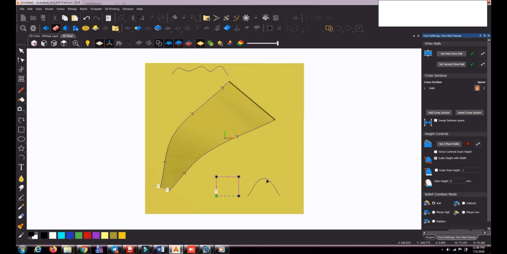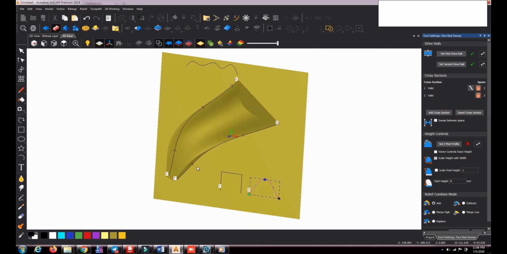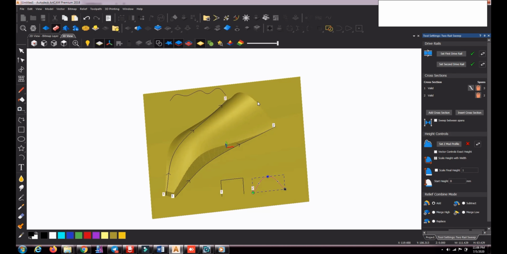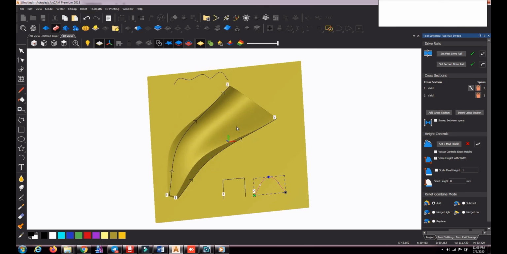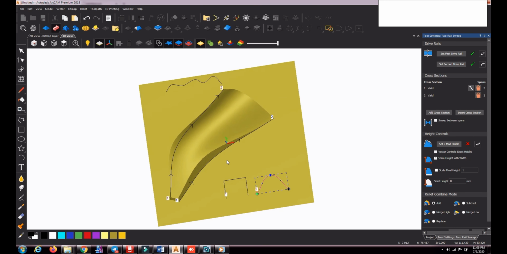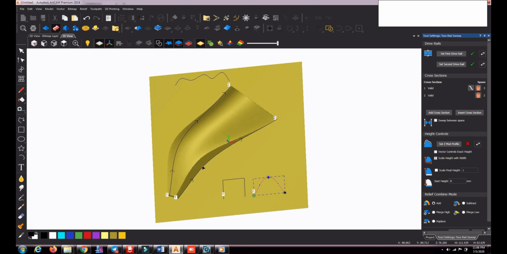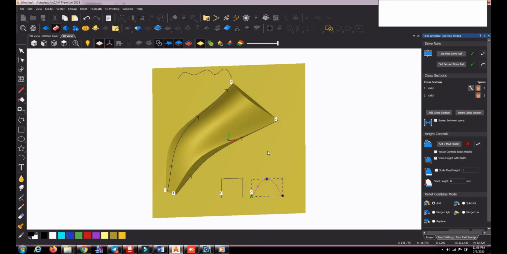Now at the end I want a different cross section, so I will select the second one and again press add. You can see now the start is rectangular and here is a different profile altogether. This way the first selected will be at the start point and the second selected will be at the end points of the two drive rails.